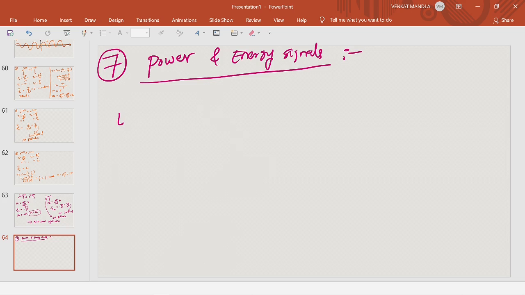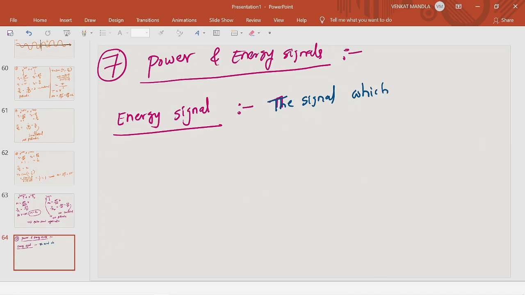First I will define the energy signal. The signal which has finite energy is called an energy signal. So how to calculate energy? We want to find out whether the energy is finite or infinite. Energy of the signal is the integral from minus infinity to plus infinity